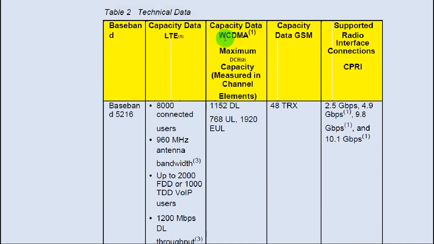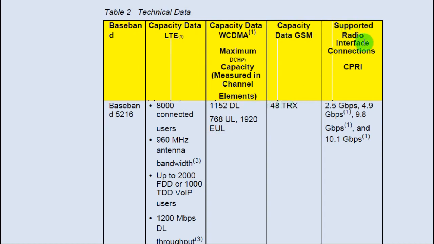Here is the capacity data for WCDMA, I mean 3G, with maximum capacity measured in channel elements: 1150 downlink in 5216 and 768 uplink. Capacity data for GSM is 48 TRX.